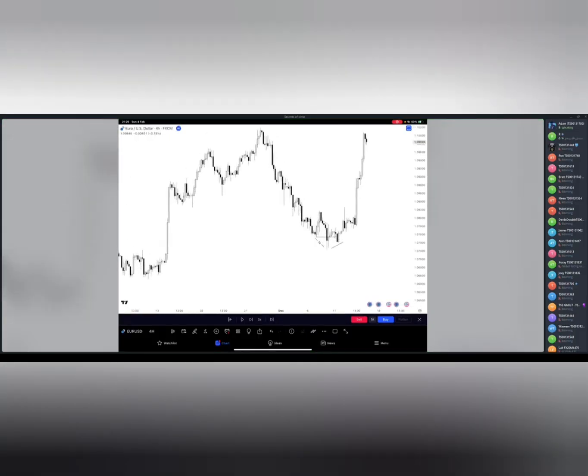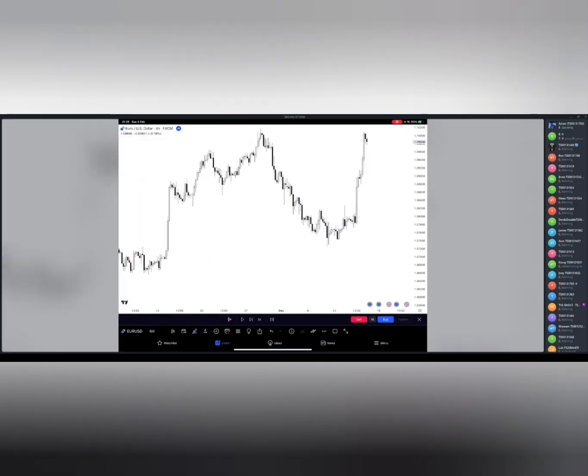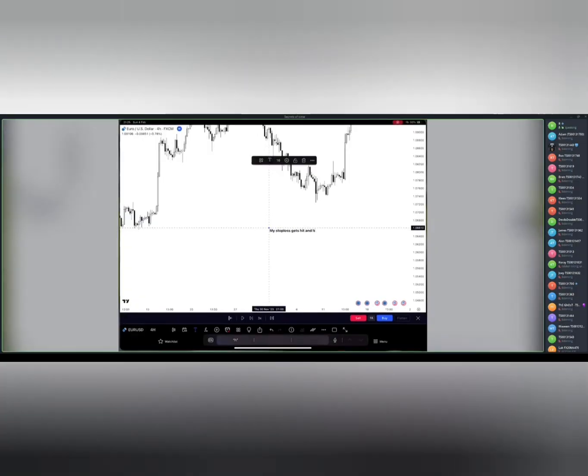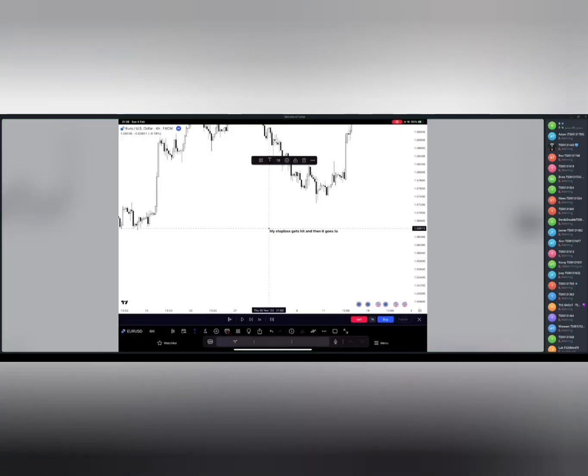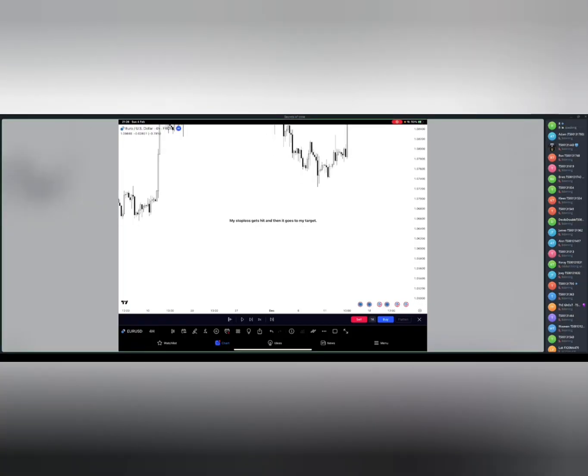Also, one of the things, this one was very common too. It's getting stopped out and then going to take profit. Hitting the SL and then the TP. All right. So the mistake is my stop loss gets hit, right? And then it goes to my target. There's an analysis reason for this, and there's an execution reason for this, right? The execution reason is you had a stop loss too tight logically, right? Because, and I say this often,